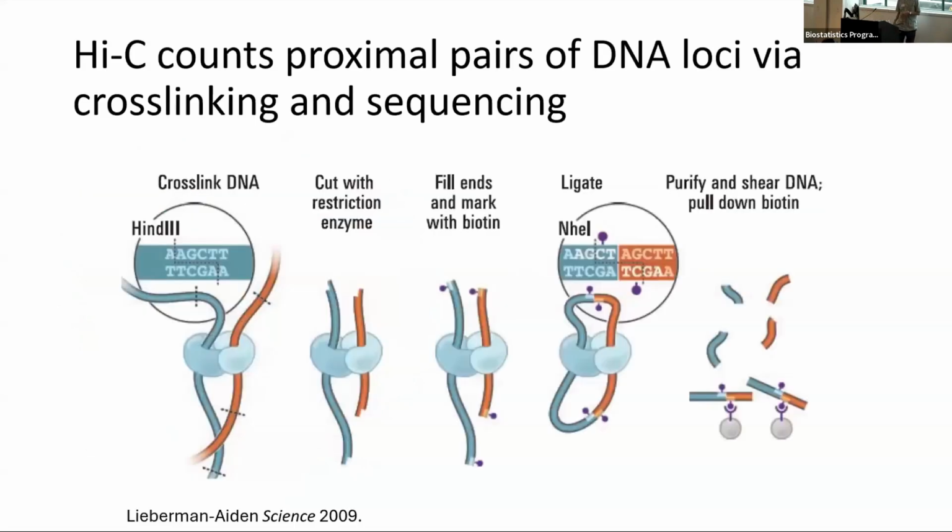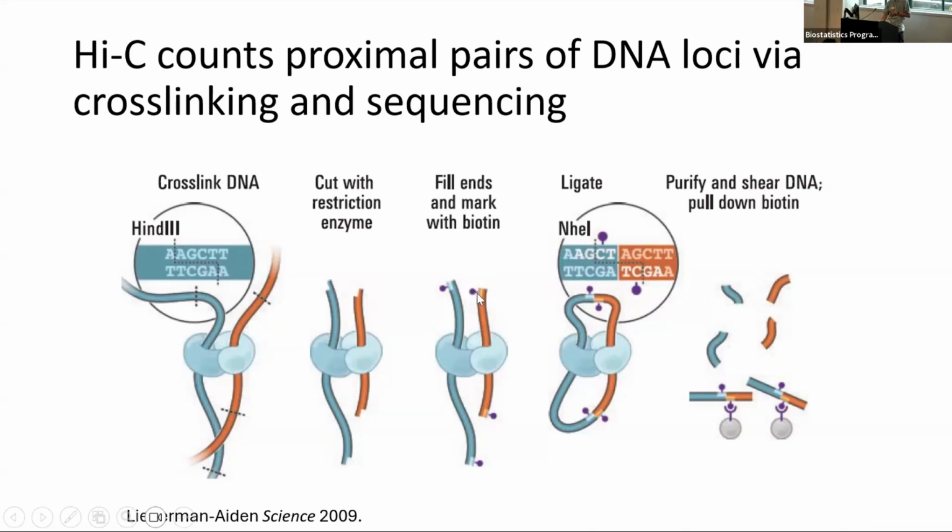And there are many ways to look at chromatin architecture, 3D chromatin structure. One of the most popular ones, certainly from the sequencing side of things, as opposed to the microscopy side, is the Hi-C assay. I'm sure many people are familiar with it, but let me just make sure we're all on the same page. Hi-C is a method that works by using paired-end sequencing to count pairs of proximal DNA loci. The idea is you introduce some crosslinks, cut with a restriction enzyme, and then you fill in the ends of the